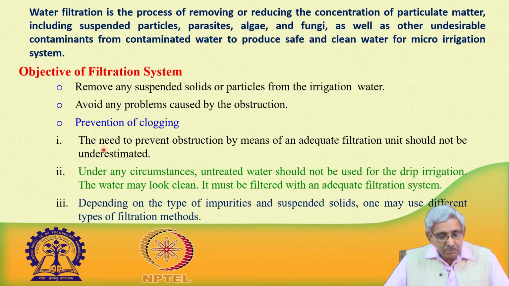The means how to prevent. So, the need to prevent obstruction by means of an adequate filtration unit means an adequate type of filter is to be selected. Then under any circumstances untreated water should not be used for a drip irrigation system. So, filter is one of the important components in the drip irrigation system, and depending upon the type of impurities